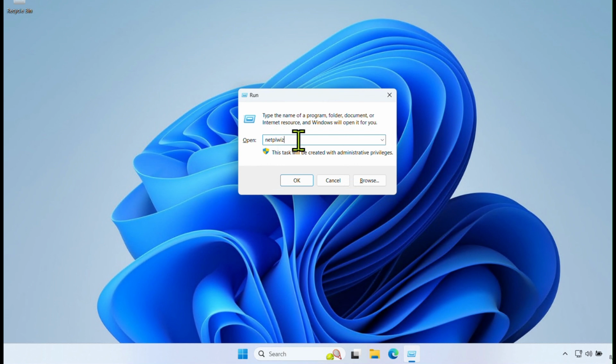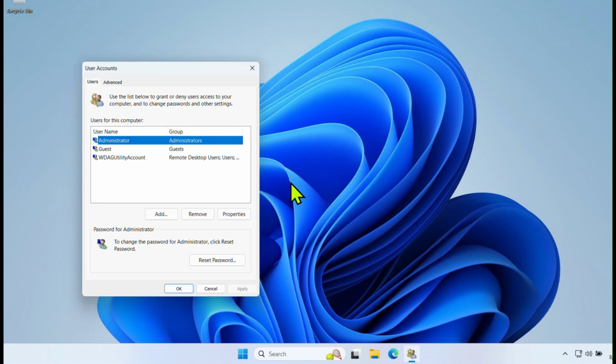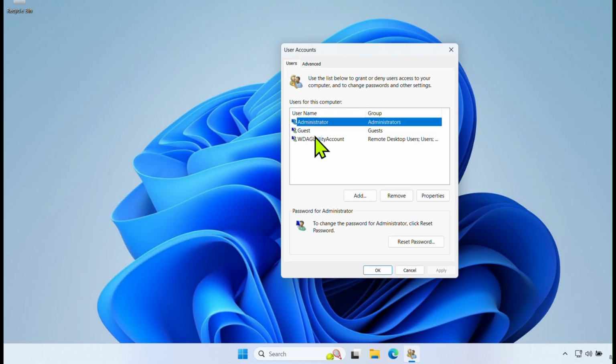If you press Windows R, the command will appear, and here we can write NETPLWIZ, which stands for the NETPLWIZ wizard. In this wizard, we will get the list of all the users of this computer system. And if you have administrative privilege, then you can do administrative tasks on your account and also the